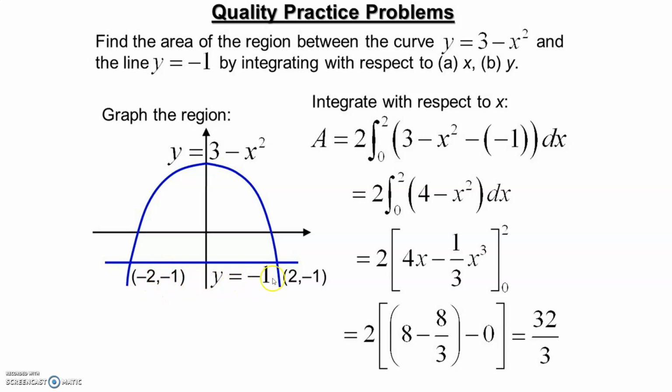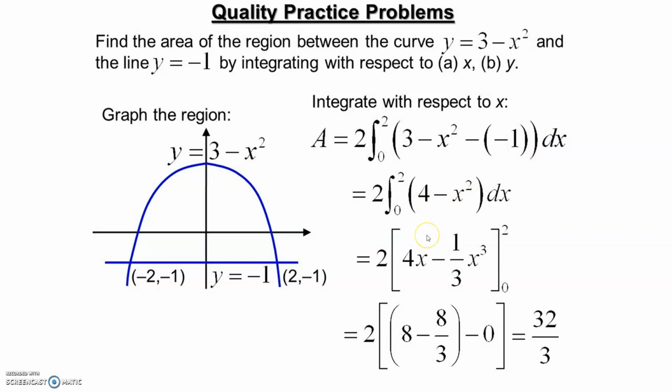No, it is minus 2 to 2, but the function is even. So we have to use the definite integration property. Area is equal to 0 to 2, 3 minus x square minus of 1, dx. What is the integration of x square? It is obviously x cube upon 3, and 3 minus 1 is 2, so 2 minus x square is the given function.